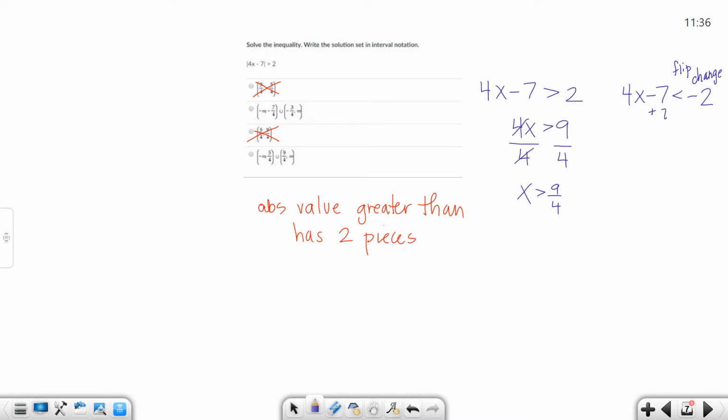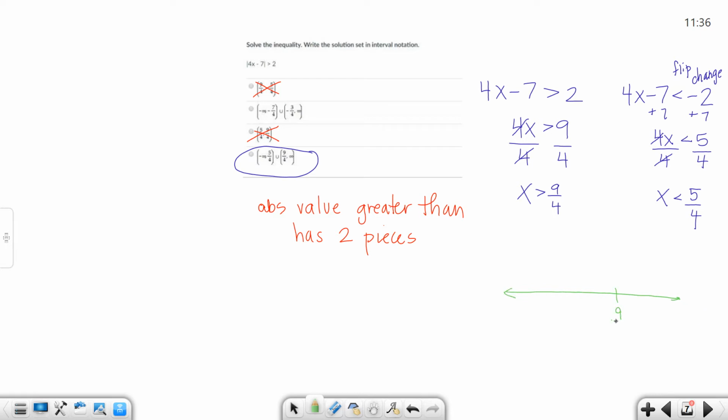On this side I'll add 7 to both pieces. Watch your signs. Divide by 5. Oops, we don't divide by 5. Sorry about that. Divide by 4. And x is less than 5/4. Okay, well, if you look at your multiple choice lineup, there's only one with that particular possibility, so that would be your answer. But if you needed help writing it on the number line,